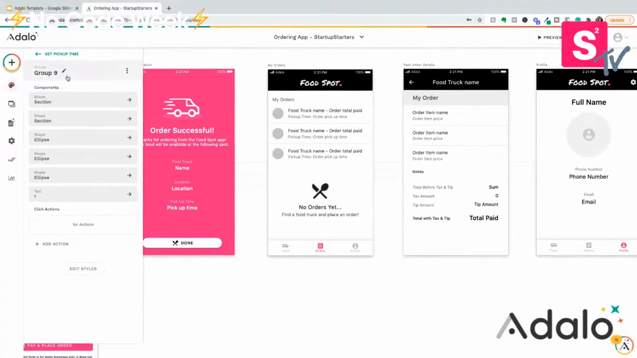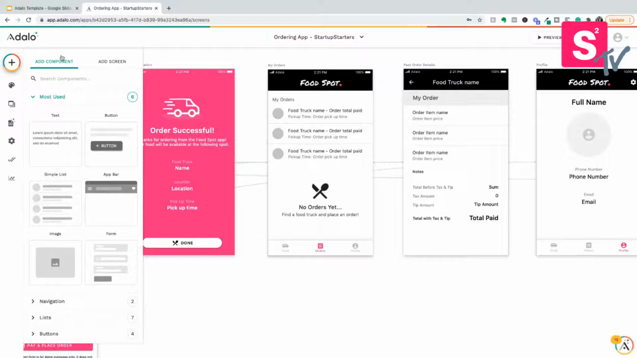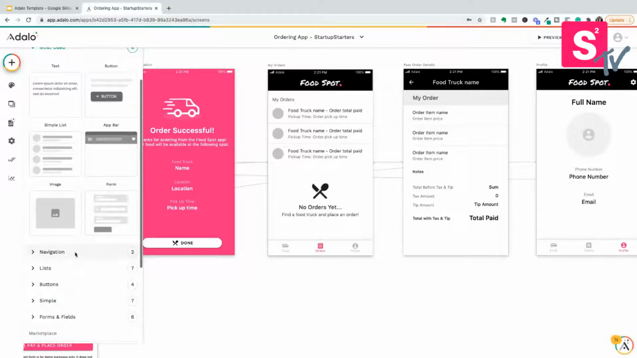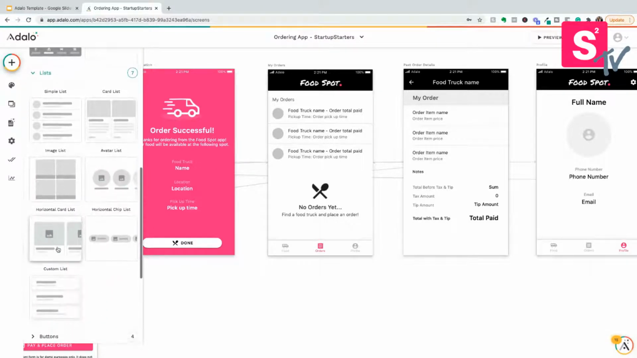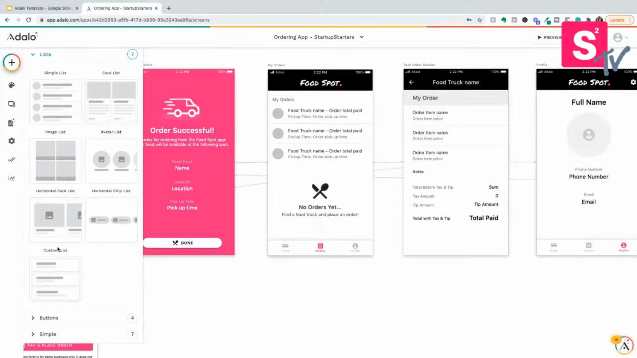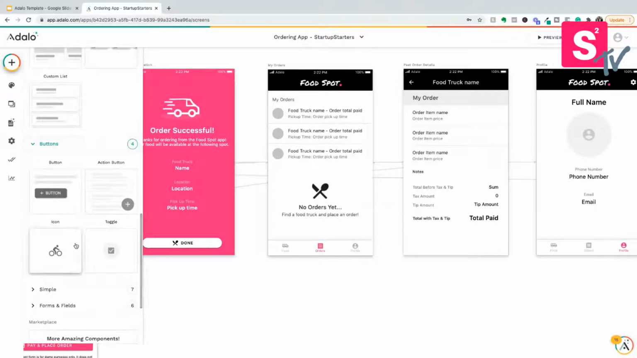So to build this out, Adalo operates off of components and screens and actions. We have pre-built components that are available in the majority of every single app, so that you're not having to go in and design each one of these each time. You have text, button, simple list, an app bar. We have different ones for navigation and for lists. We have different kinds of lists. You could have a bulleted list, a card list, image, avatar, different kinds of buttons for you to use, and